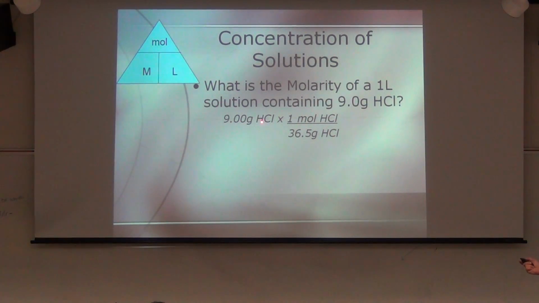So we're going to start with 9 grams of the HCl. Refer to the periodic table for the molar mass, HCl: 35.5 and 1 gives us 36.5 for the molar weight, molar mass, and that gives us 0.25 moles of the HCl. So that's how much stuff we have to dissolve, and the fact that we're dissolving it into 1 liter